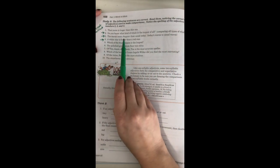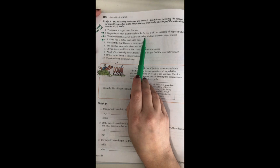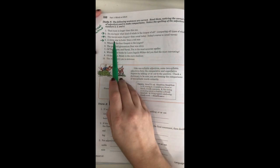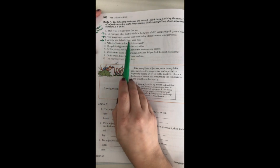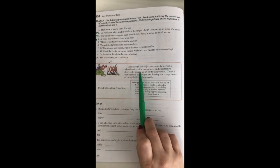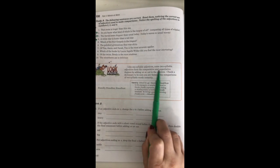The waves seem choppier than usual today. Today's waves compared to usual waves. A white star is hotter than a red star. So just like yesterday when we were comparing the flowers and the dogs, we have our positive, our comparative, our superlative. And then down here it says, like one-syllable adjectives, some two-syllable adjectives form the comparative and superlative degrees by